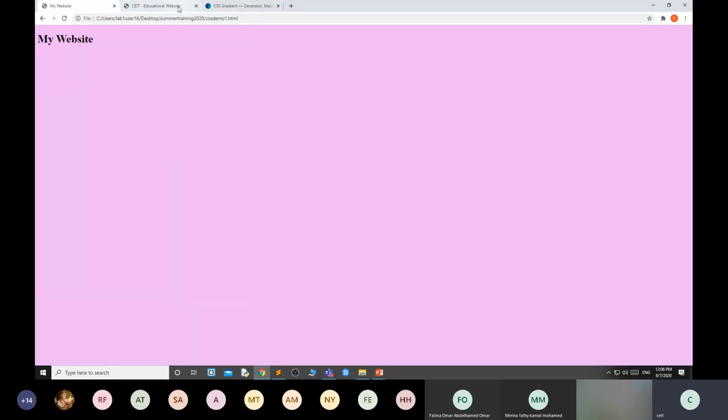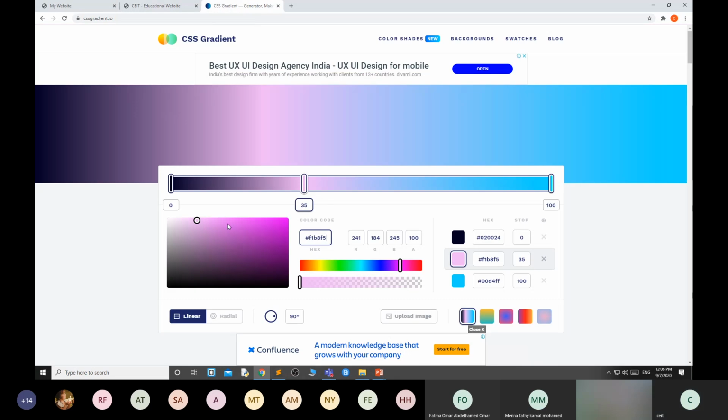Suppose you have this dark color and you have used this RGBA. RGBA is what? These three are the color code, 227, 113, 235. This last one is the opacity, meaning how dark or how light you want.